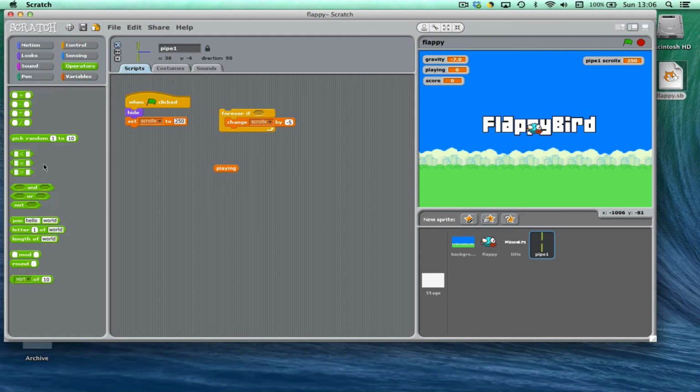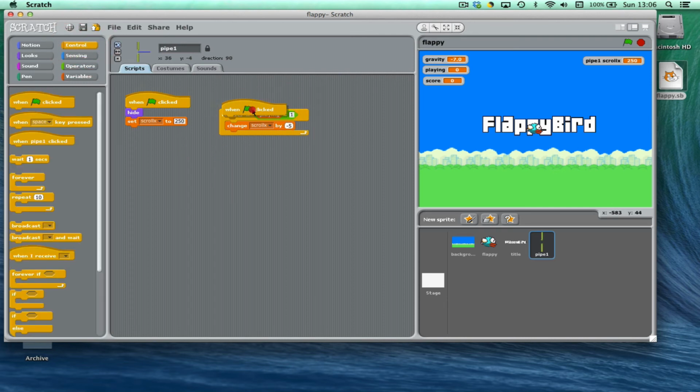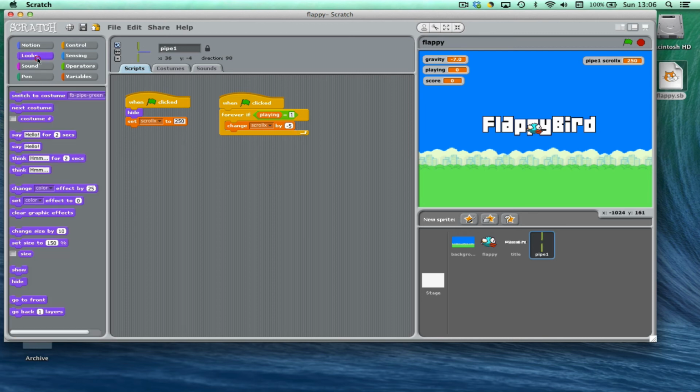So I'm going to have to use the operator block again that says equals. So playing equals 1. So when the game is started, if the playing variable is equal to 1, then I want the scroll X to be changed. I also need to remember to show